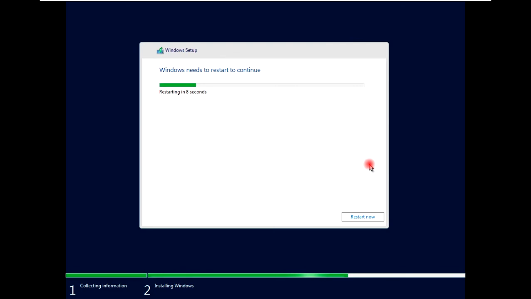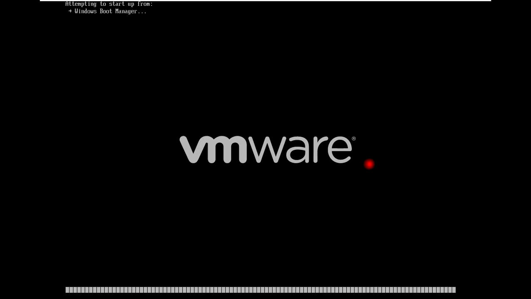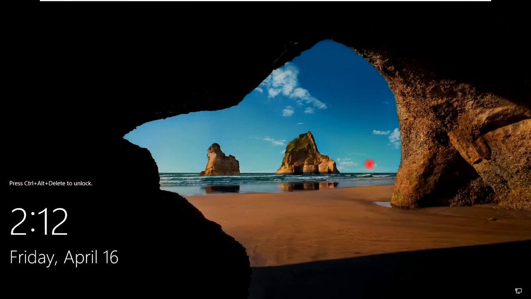It is rebooting here to complete the installation. So the operating system installation from the connected ISO has completed here.